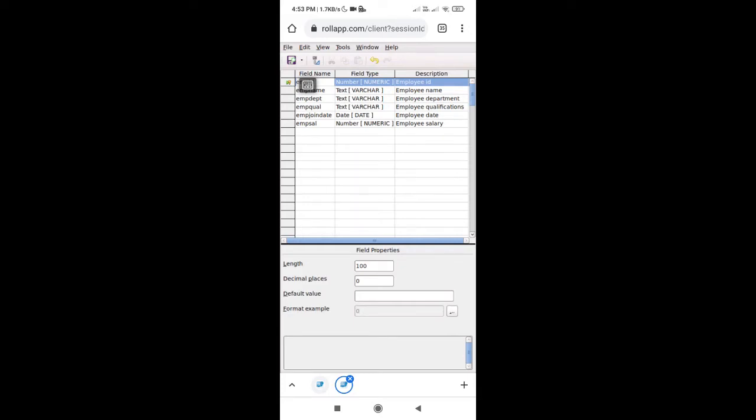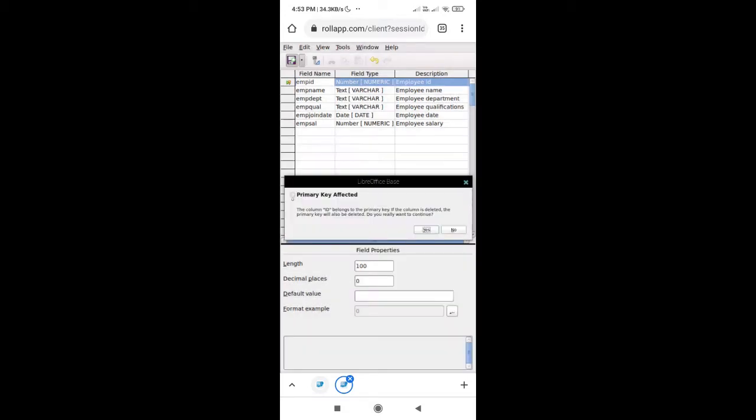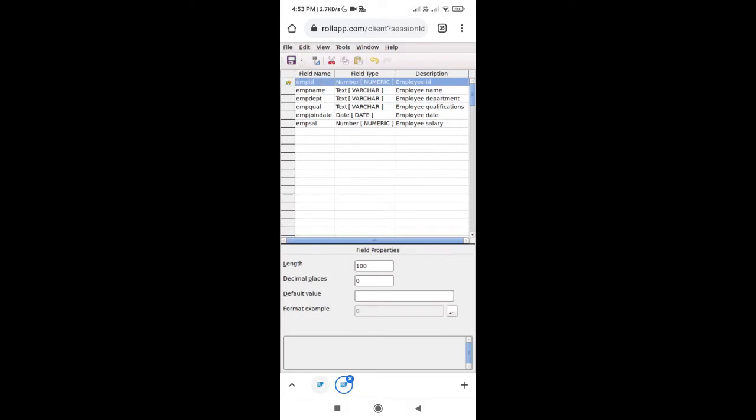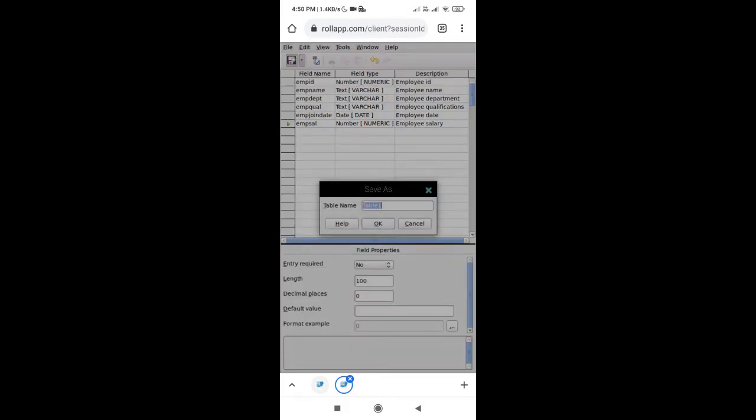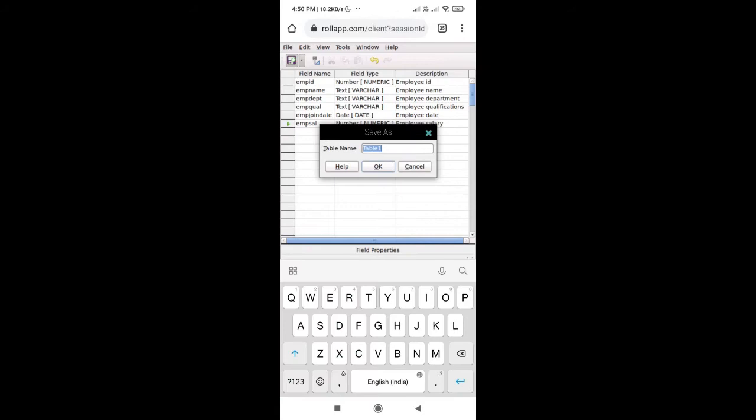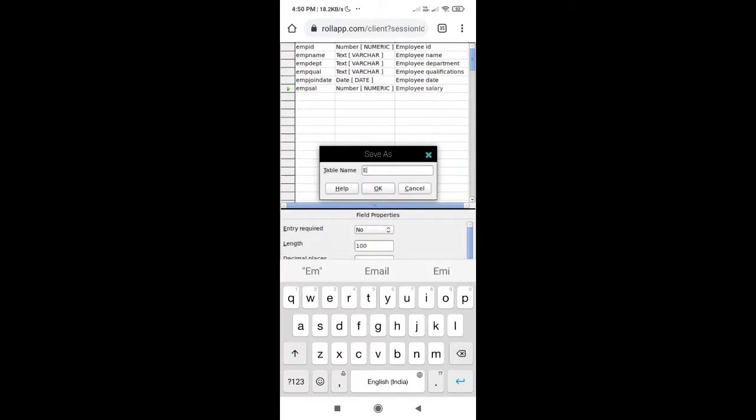And then just click on the save button and name your table. Say yes, and then name your table. I'm naming it employee table. You can give any other name to this table.